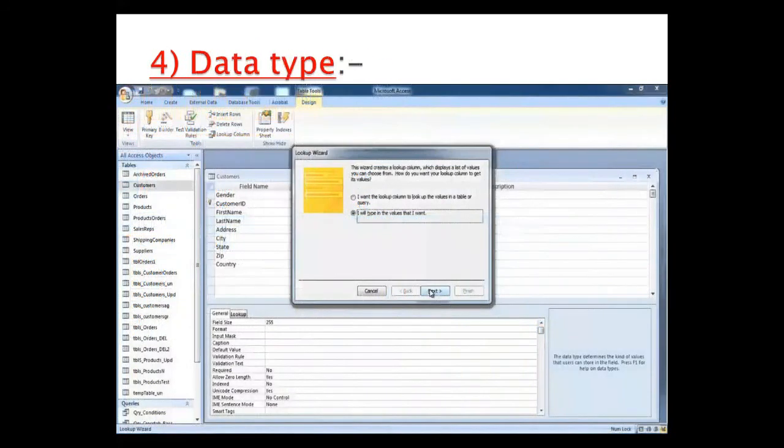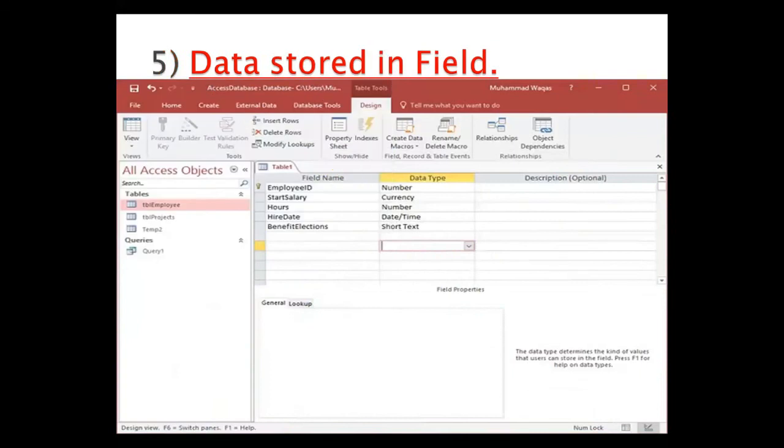Next is data type. Then use the drop down menu in the data type column to assign the field a data type. For example, customer ID, first name, last name, address, city, state, zip, and country. These are the types of data. Next heading is data stored in field.